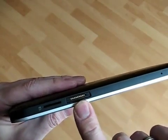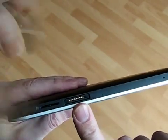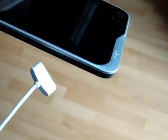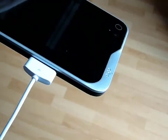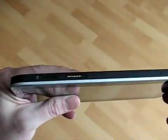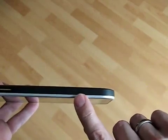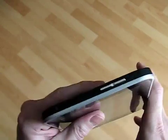This is interesting. It's a little kind of maglock style power connector. You can put the connector in both ways, and it's magnetically attached, which means if you walk along and kick the cable, it just comes apart nicely and doesn't drag the tablet onto the floor and smash it into a million pieces. There's the microphone, and on the left hand side, simply